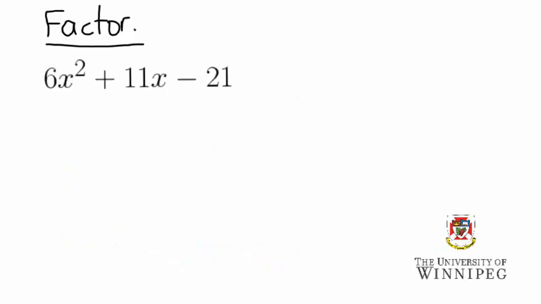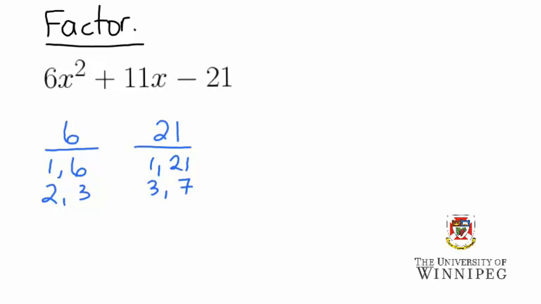Next, let's factor the quadratic expression 6x squared plus 11x minus 21. I'm going to begin by listing a and c. Notice I'm only considering positive numbers here. I'll worry about the signs when we go and factor later. So let's find all of the different factor pairs for 6 and 21. For 6, we have 1 and 6, 2 and 3. For 21, we have 1 and 21,